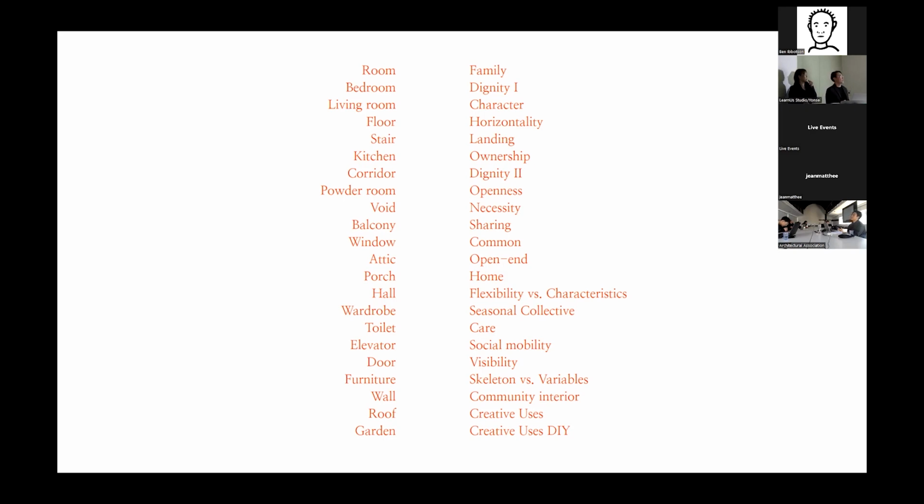So we asked what kind of horizontality needs to be provided for the floor, and we ended up with half floors, for example. And stair landing, the importance of landing, kitchen ownership, corridor, again dignity, powder room, openness, void, necessity, balcony, sharing,